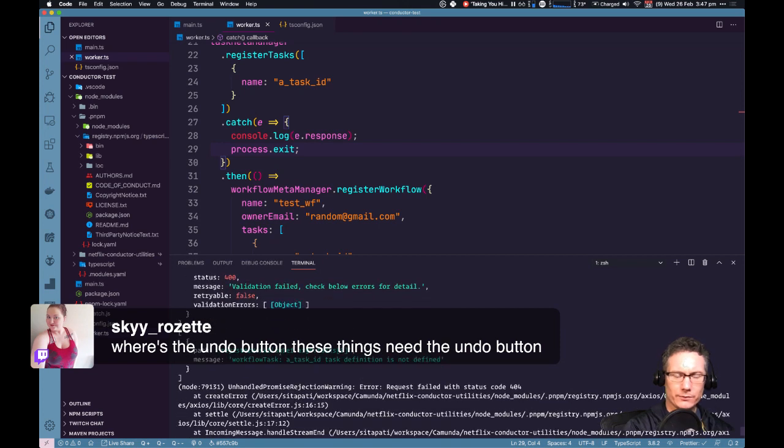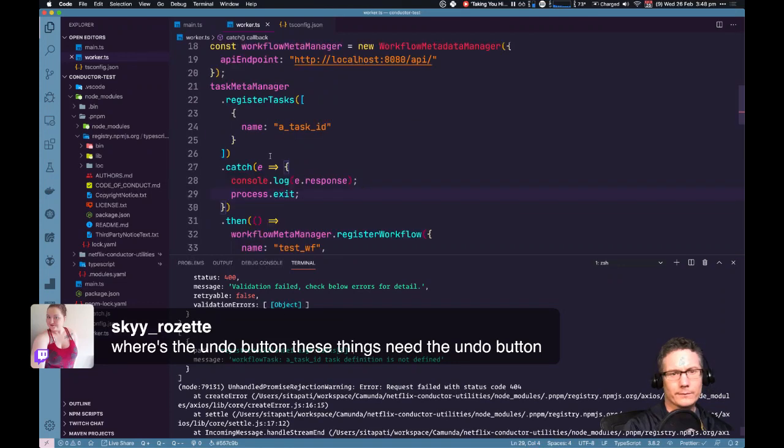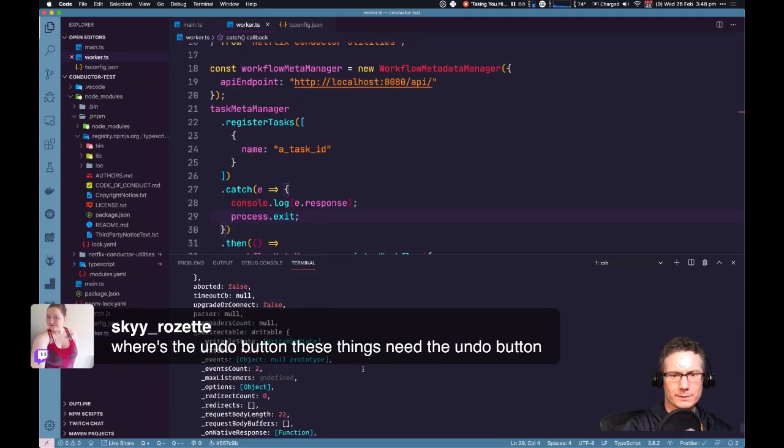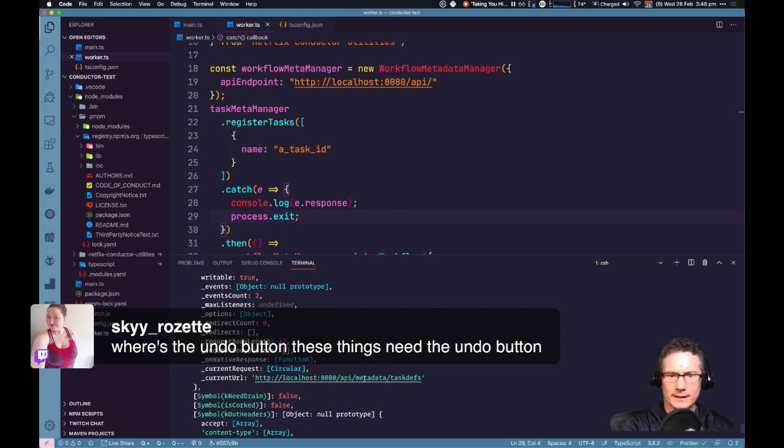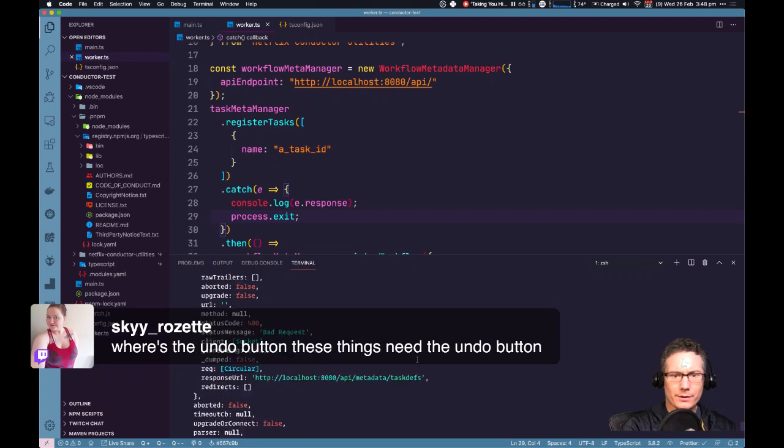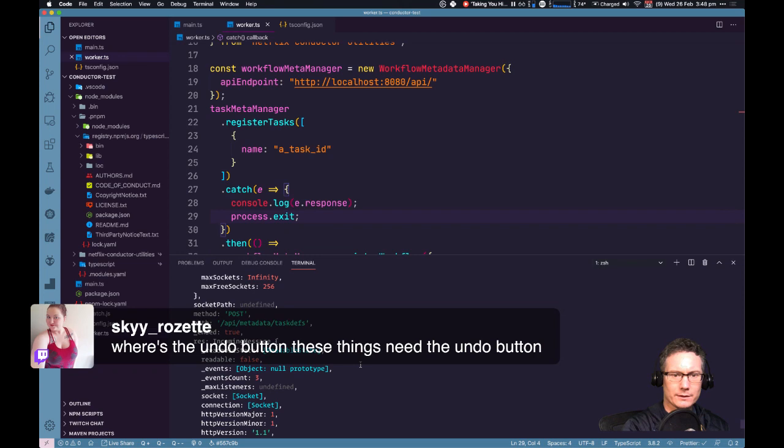Register workflow def. Hang on, this is posting to metadata task definitions. Posting to that. It's a bad request.